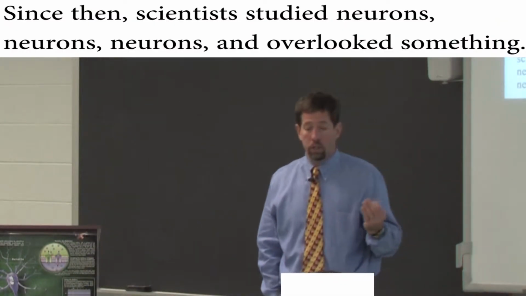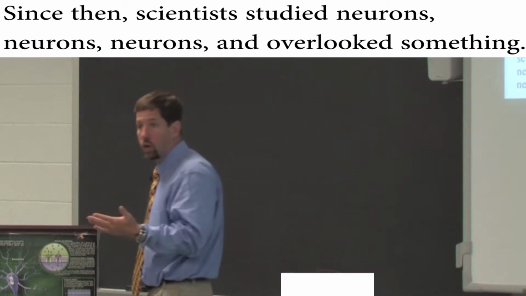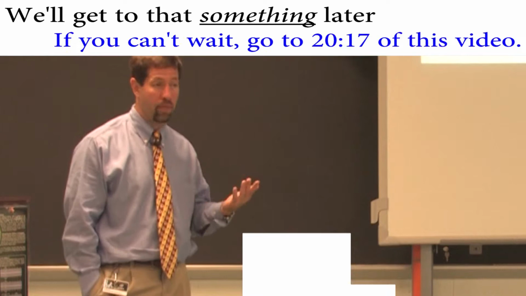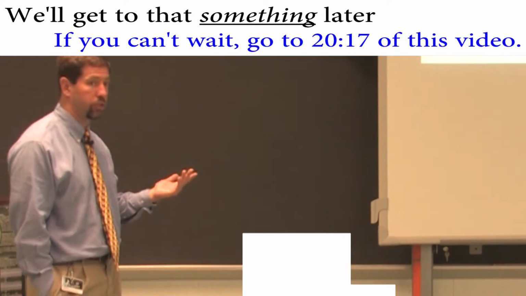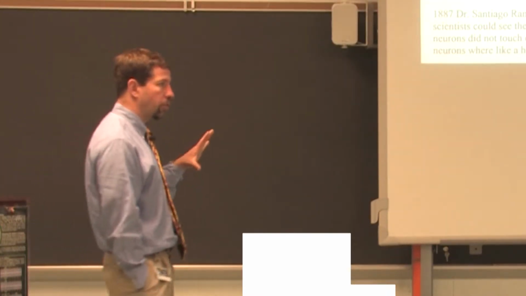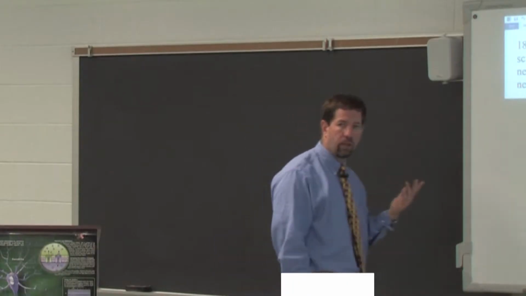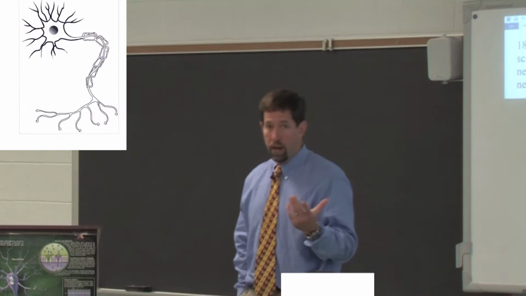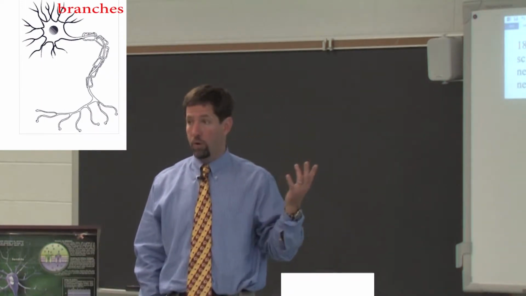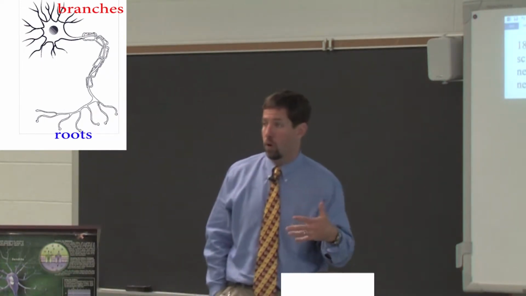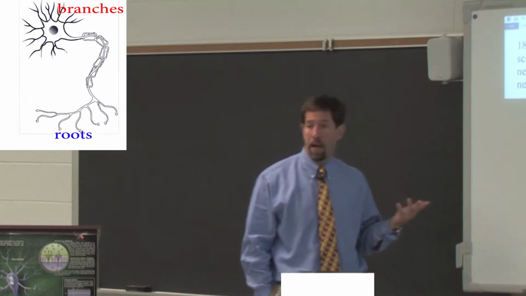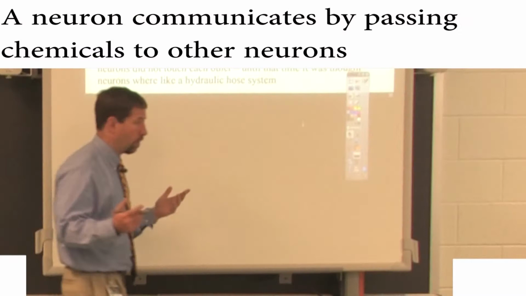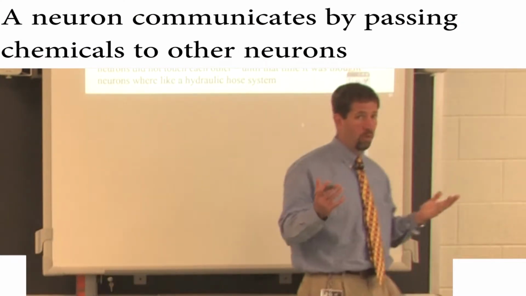Well, for over 100 years, everyone's studying neurons. And you know what we found out recently? That's really only a half or maybe even a tenth of the important structures of the brain. But for right now, let's focus on the neurons, and we're going to see what we've recently realized we've been missing. Neurons, imagine, are a tree. On one hand, you got a whole bunch of leaves going all directions. On the other hand, you got roots going in all directions. They got to communicate. They got to pass chemicals back and forth. So that's kind of what a neuron's got to do.